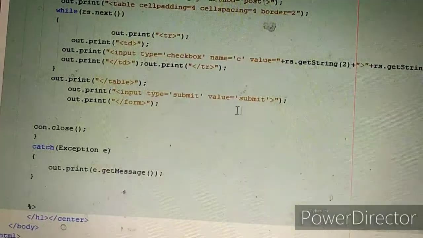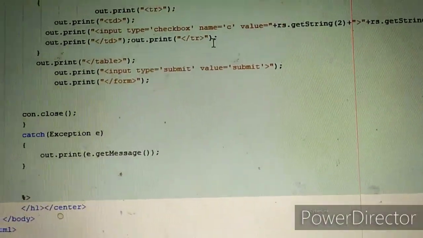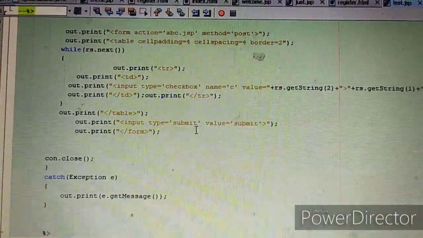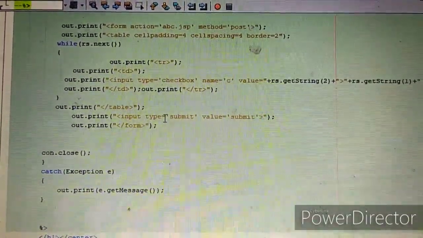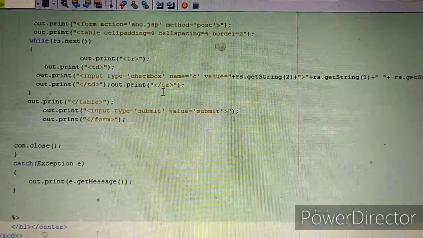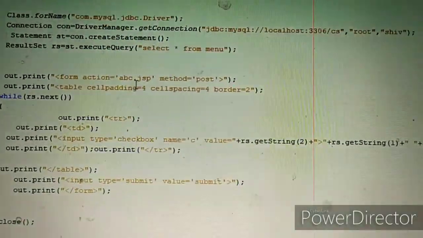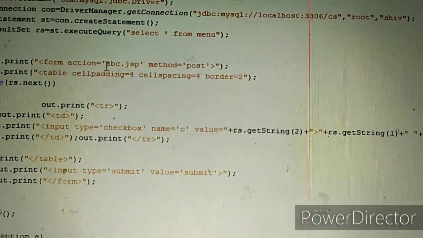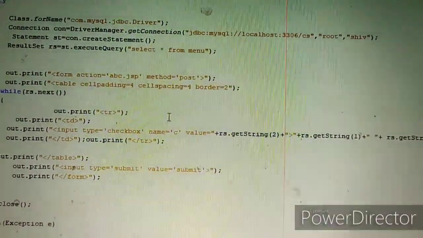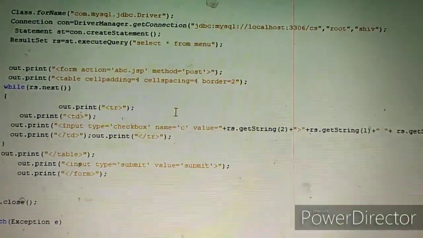Whatever value the user selects will be selected, and when we submit the form, the selected value will be passed to the next page. And what is the next page? The next page is abc.jsp, where we will read the values and calculate the sum.